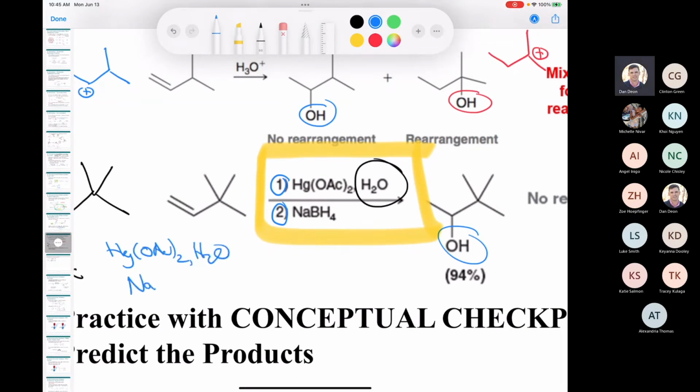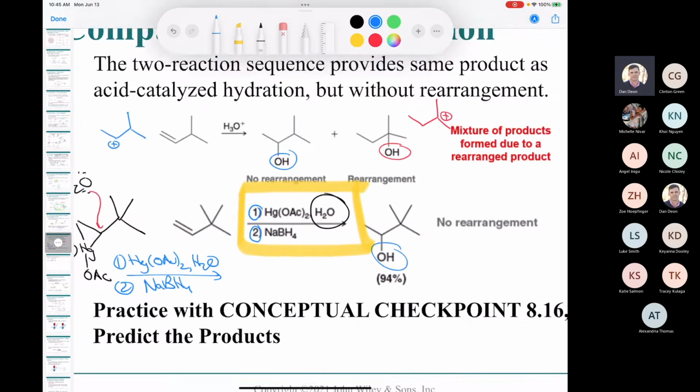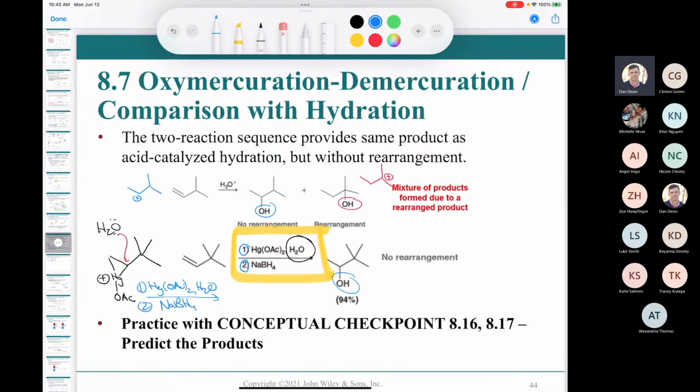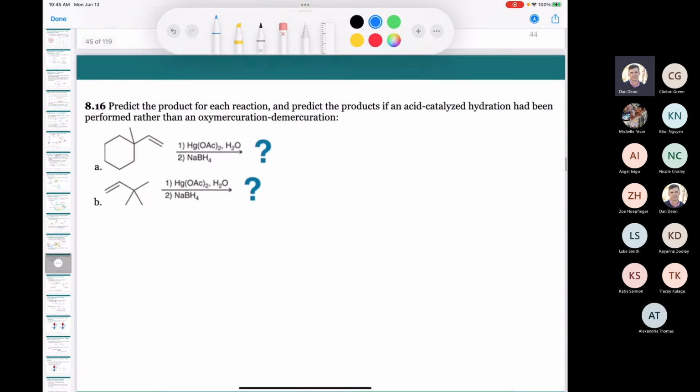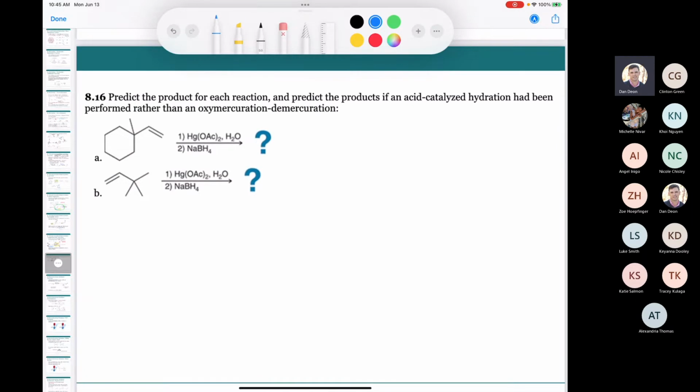If you were to just write those as mercuric acetate, water, and sodium borohydride, like this, on a quiz, that's wrong. It's not correct. You have to write them as individual steps. If you were to combine all those reagents together, it wouldn't work. All right, so a two-step reaction. You need to be aware of when a reaction in organic chemistry is a one-step reaction versus a two-step reaction. Anyhow, question 8.16 says predict the product for each reaction and predict the products if an